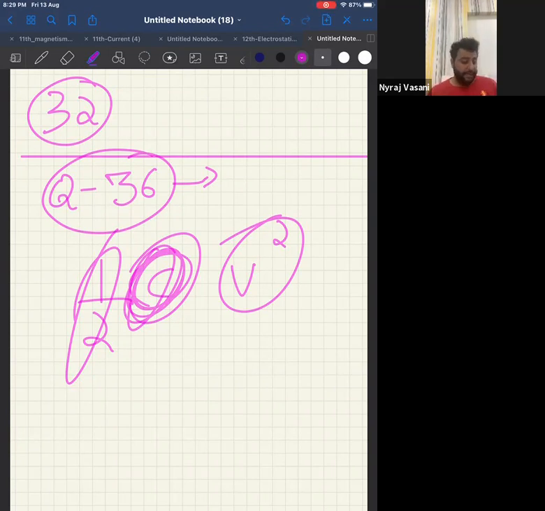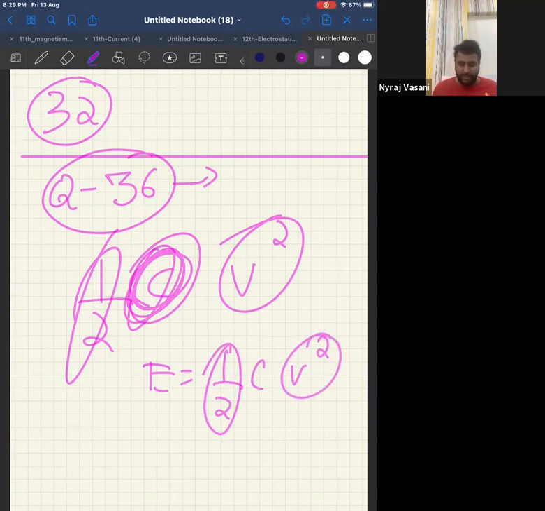Malhar, yes, but in this case, they are saying for the same voltage, correct? For the same voltage. Now, if I take same voltage, just look at the screen, Malhar. So it is half CV square, correct? Now, can I say this is anywhere constant? In this question, they have also given this is a constant because it is same. Therefore, I can say energy is directly proportional to capacitance in this particular case. Therefore, when is capacitance maximum? In parallel. Therefore, energy also is maximum. What you are saying is right. But for that case, voltage has to be variable, meaning different voltage. Then again, that logic can be applied. Okay.